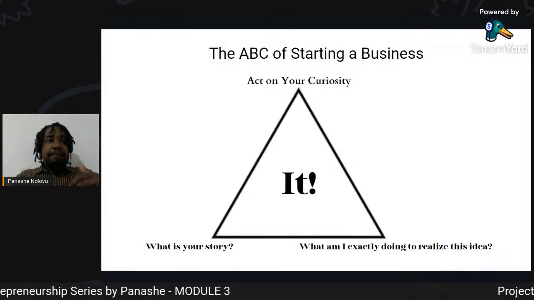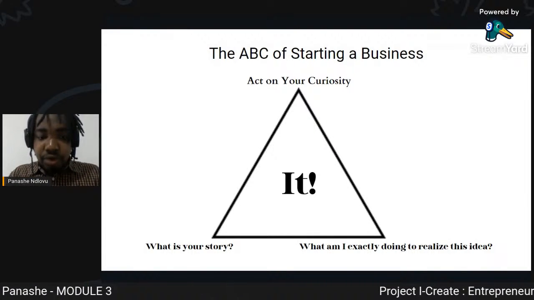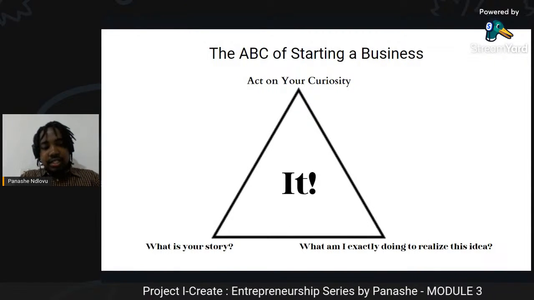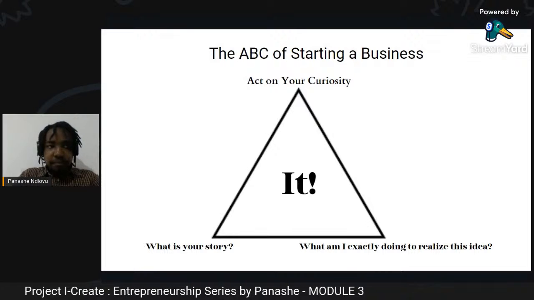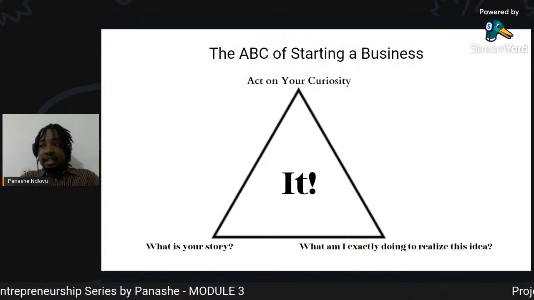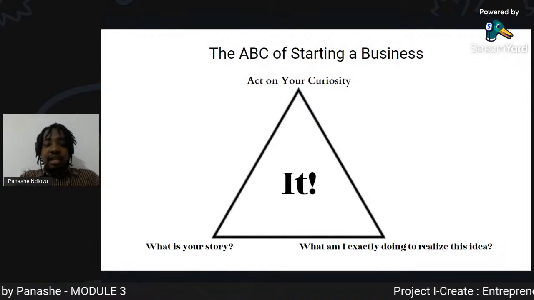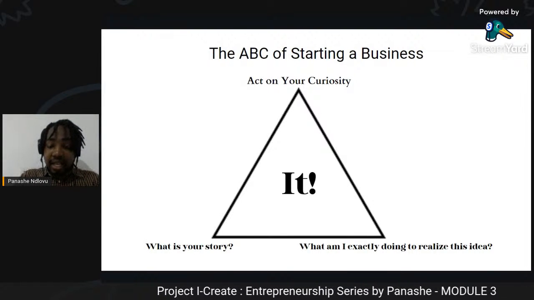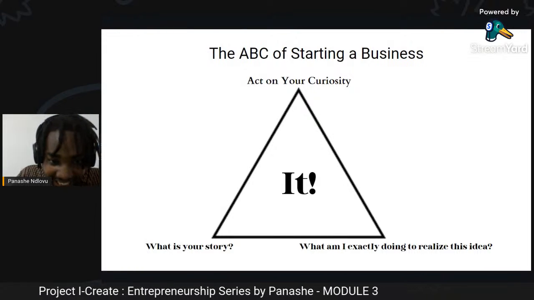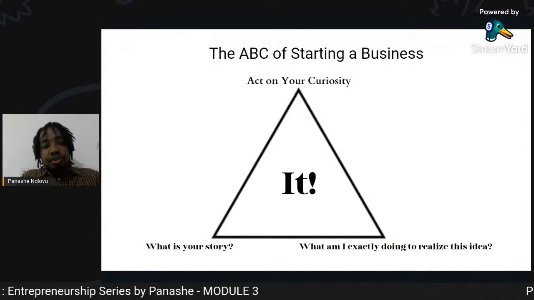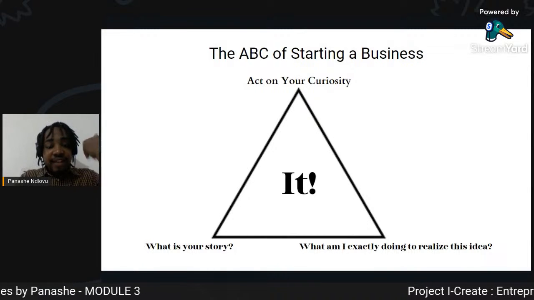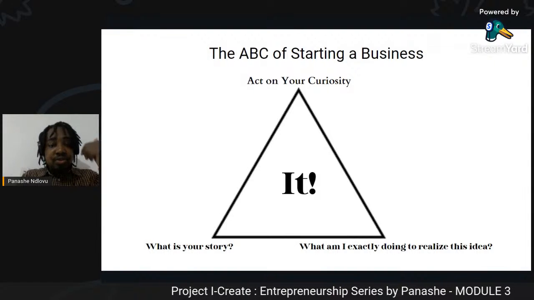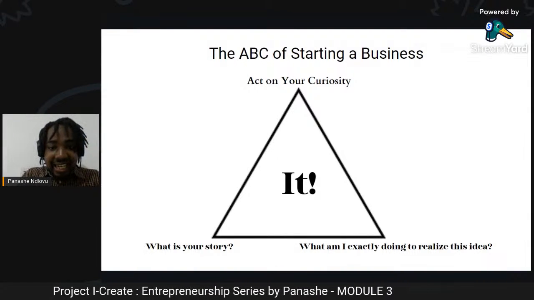It's probably because of the approach you're using. Acting on your curiosity, building a business, requires a lot of flexibility, right? The willingness of you as an entrepreneur to be open-minded, your willingness to explore where your idea can take you. You shouldn't be rigid. You need to be very flexible as an entrepreneur, and be willing to see your idea manifesting.